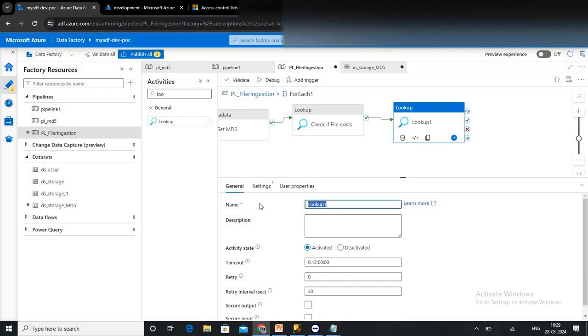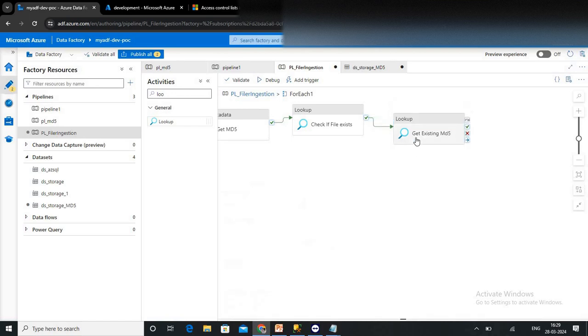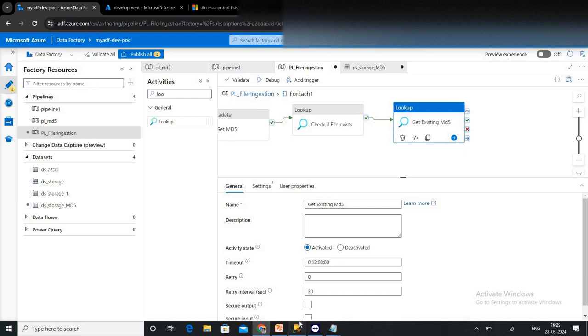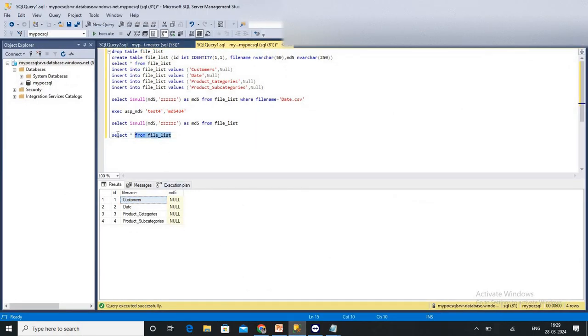I'm just going to say get existing MD5. So from where does it have to get the existing MD5? It has to get it from this audit table. For this specific customer's file, if the file was already loaded before, we would expect the MD5 to be captured here. So for that file, I want to get the MD5